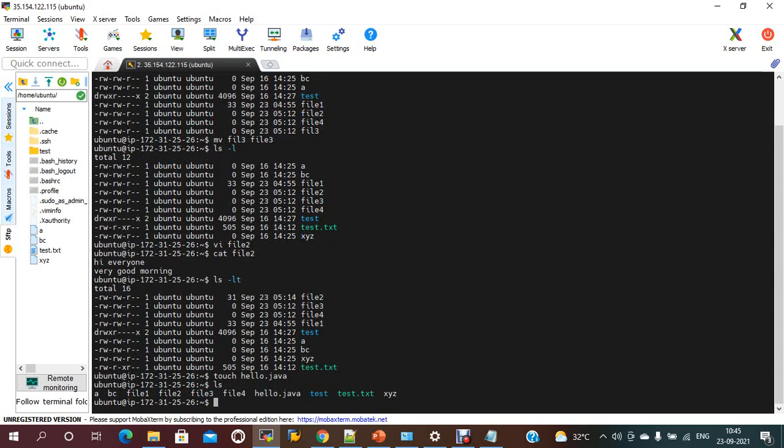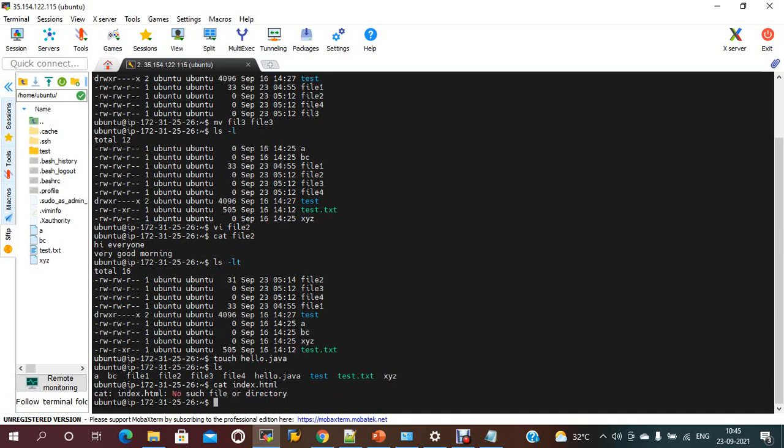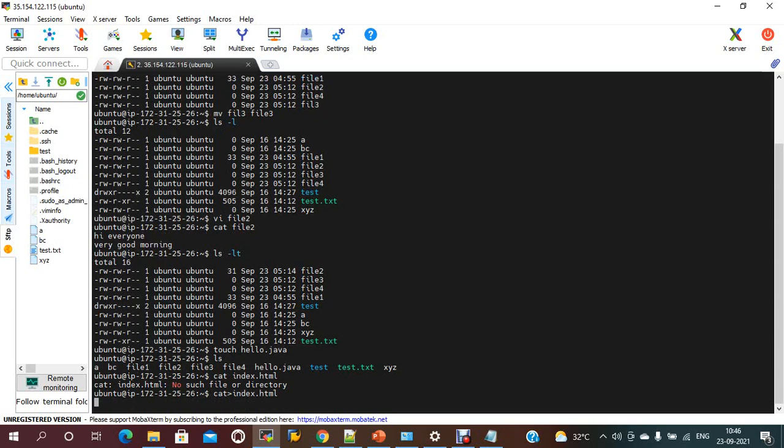If you want to create using the cat command, say you need to create an HTML file, index.html, you just need to use the output redirection with the index.html file. It should be created and opened, and you can enter the data.